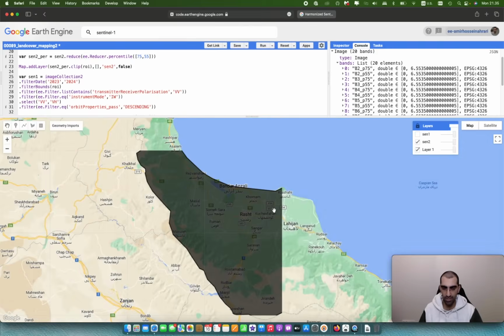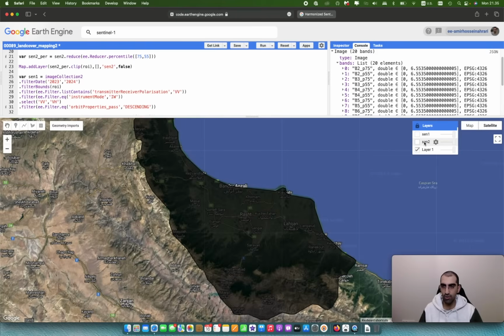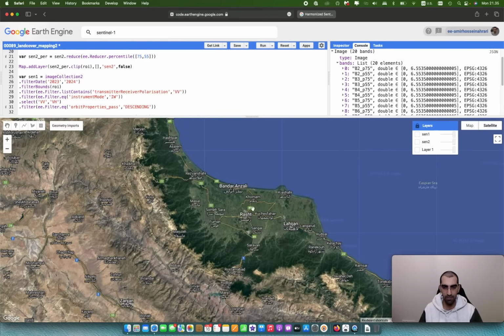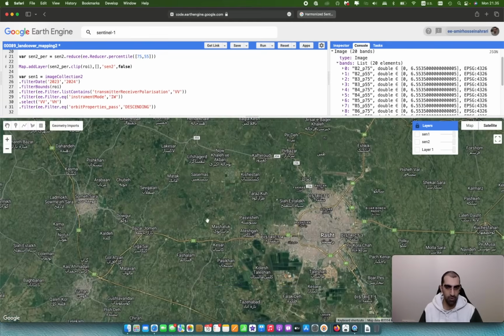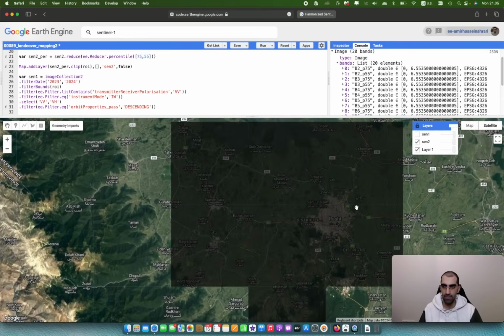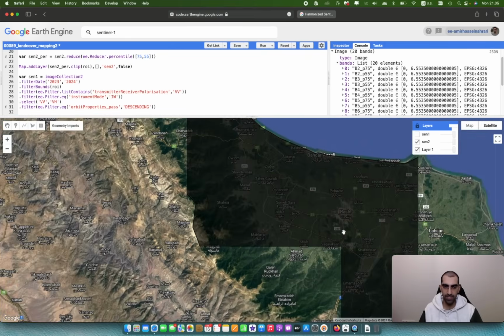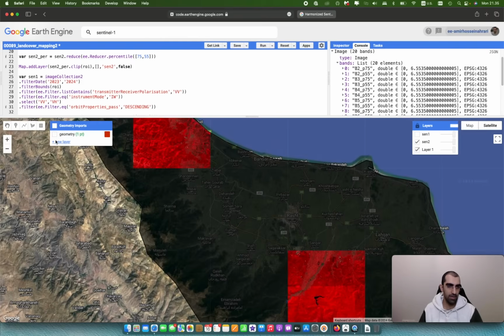Or if you cannot distinguish different classes, I suggest you go to the satellite view and zoom in more on your region of interest to get more understanding about the classes you have here. So after you get information about existing classes, go back to the satellite view and start the sampling process